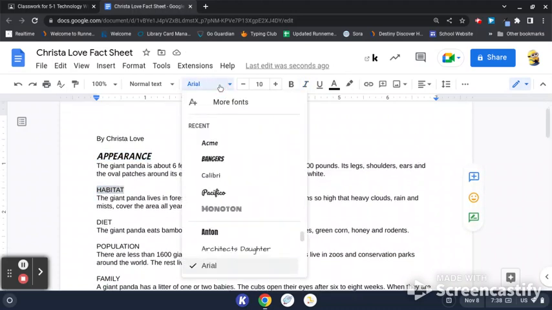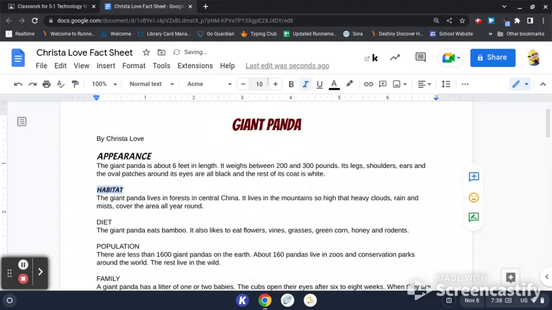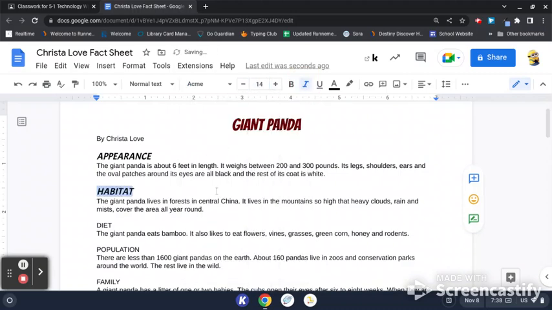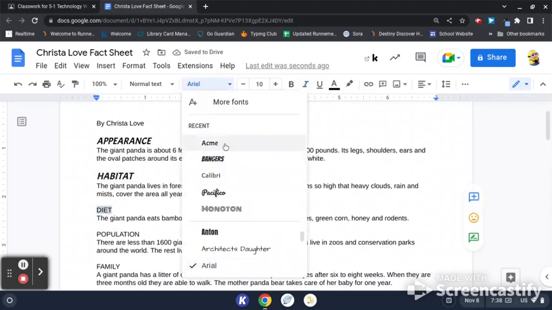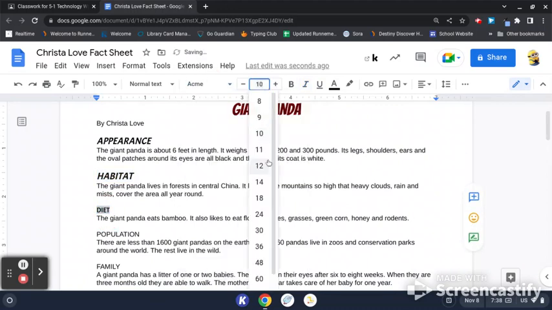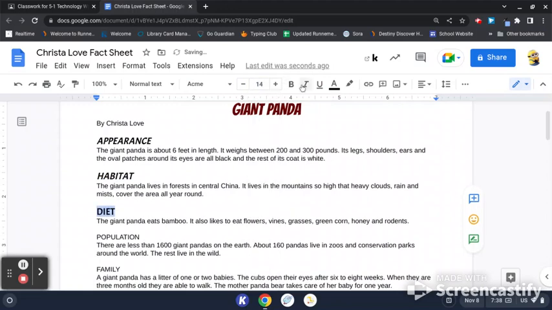Double click, change it to my font, and add italics, size 14. And I'm going to go through and do each of those right now. And you can see it doesn't take very long if you just work your way through. Italics,